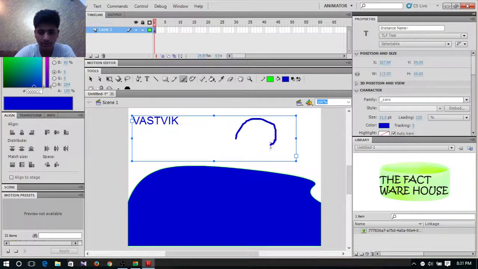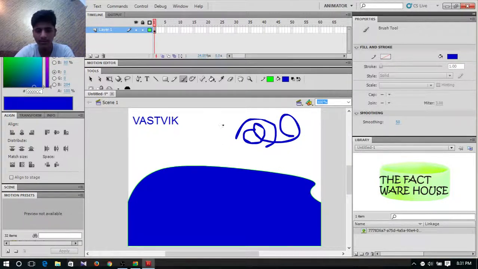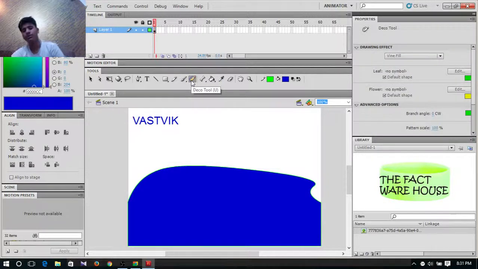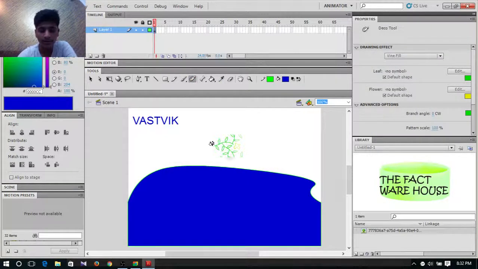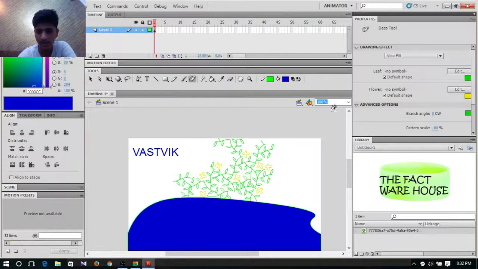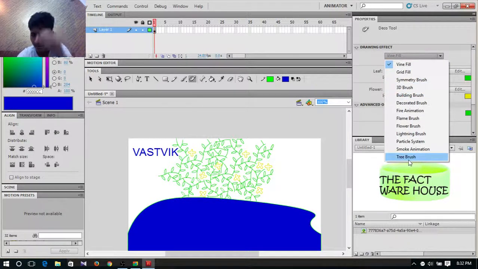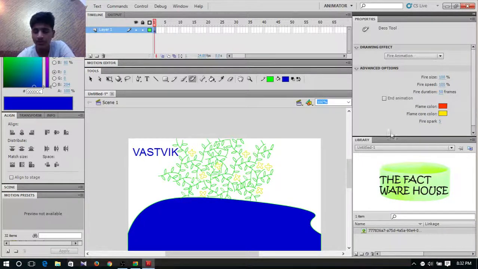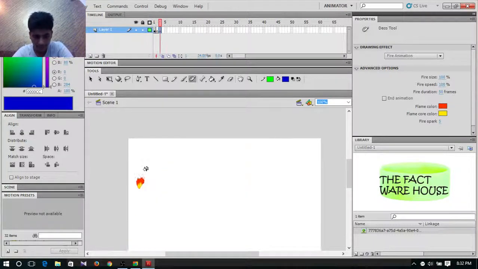So this is the brush tool. We can just make curves and slants, and there will be no correction in it. And this is the deco tool that helps us to decorate or design any image like this. We can just click on the screen and it will make a freehand drawing. You can select the drawing effect from here, like if I want the fire animation. You can select the flame color and the flame core color. So when I put this like this, it automatically